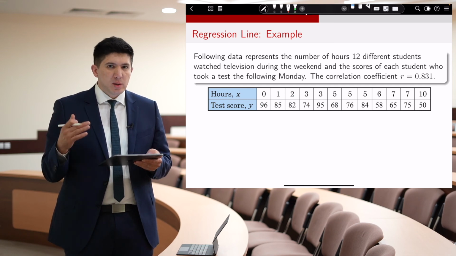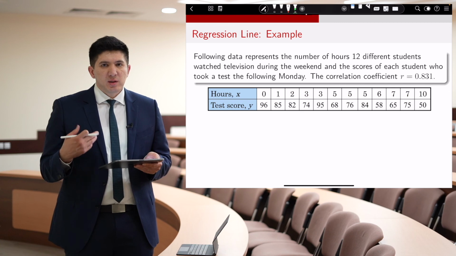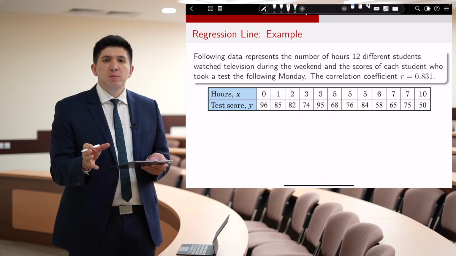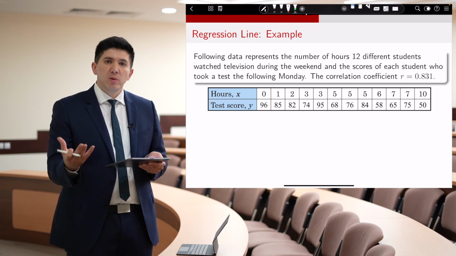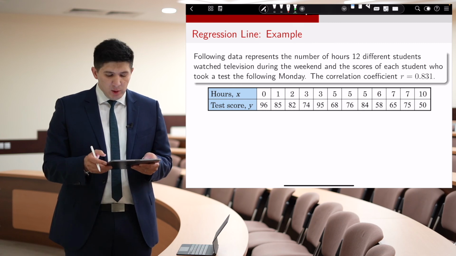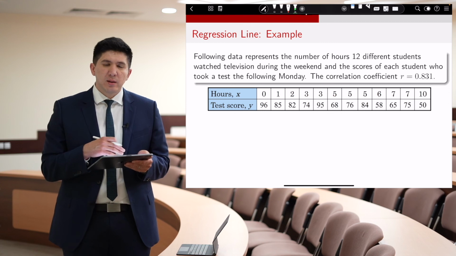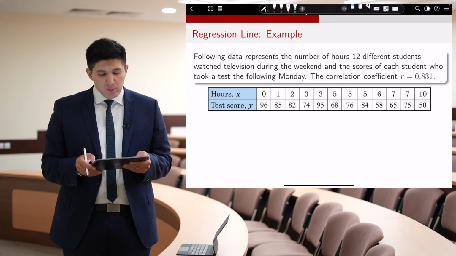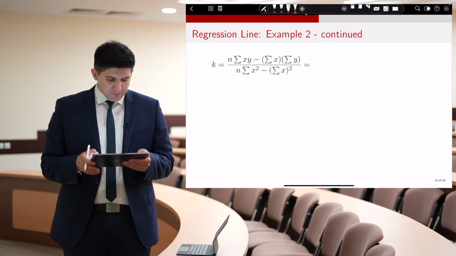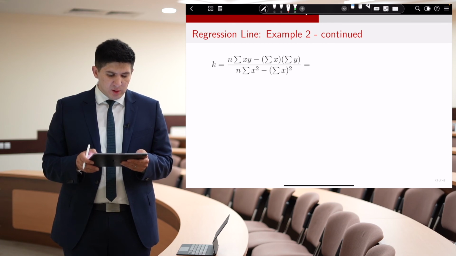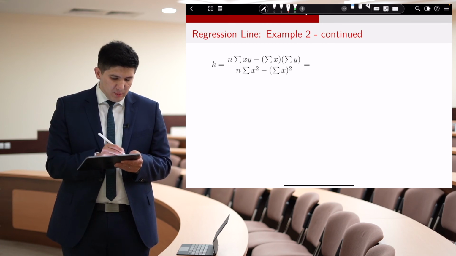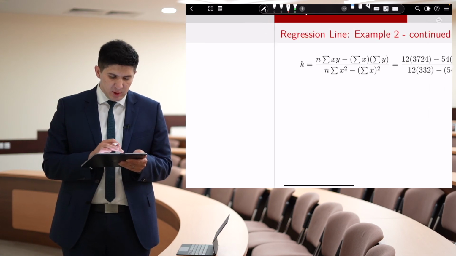I know that there is a relationship. I would like to figure out what exactly is the relationship between the amount of hours you spend watching YouTube and your score. In order to do this, I'm going to do all of the calculations and put everything together. You can do this in Google Sheets one more time. So the equation for the slope is going to look like this. N here is going to be equal to 12. So the sum of the x and y's is equal to